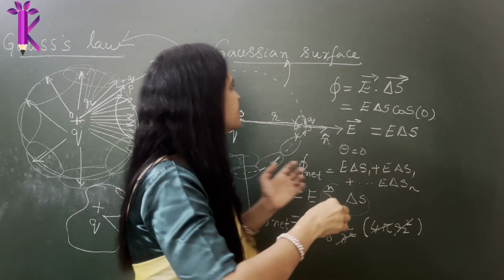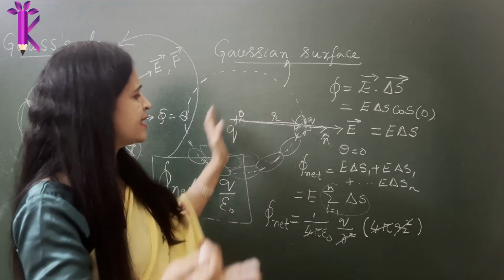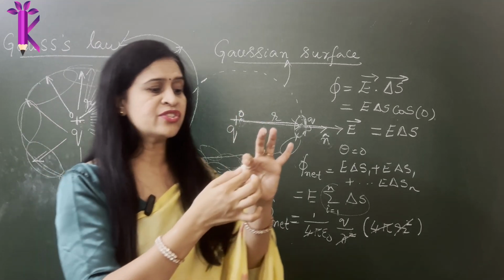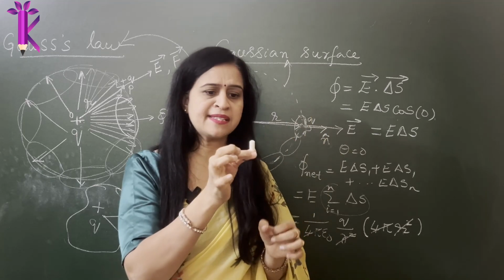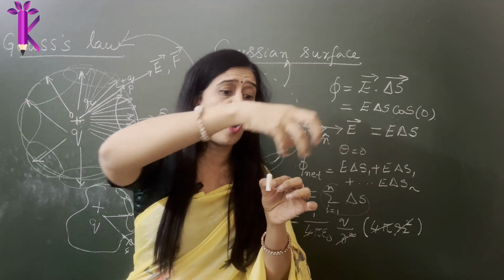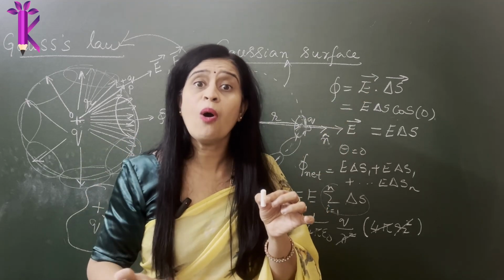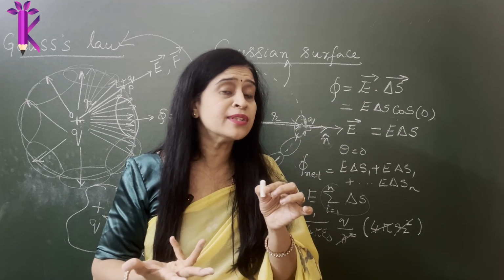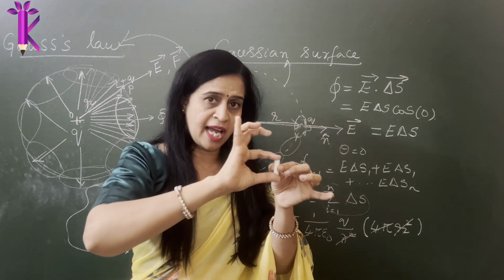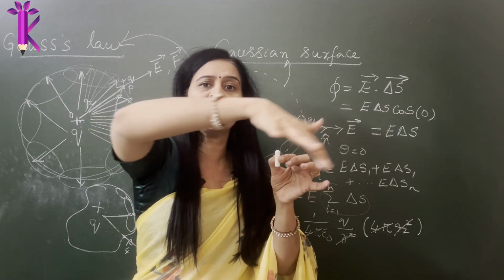See, why are we basically doing all this? What is the purpose? Why are we calculating all this net flux? The basic purpose is, if I take a charge, imagine this is a charge, placed somewhere here in a particular circumference, I want to know how many electric field lines can pass through. I want to know that number. How do you know that number? In order to know that number, I imagine this charge, if this is the source charge, enclosed in a sphere, like a football.